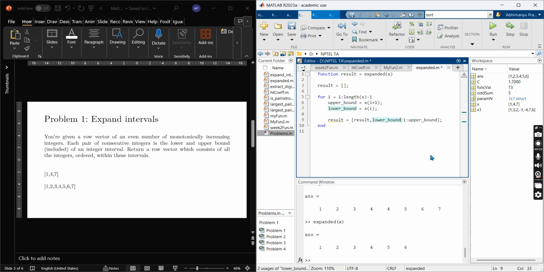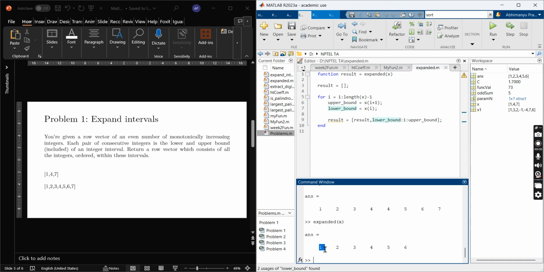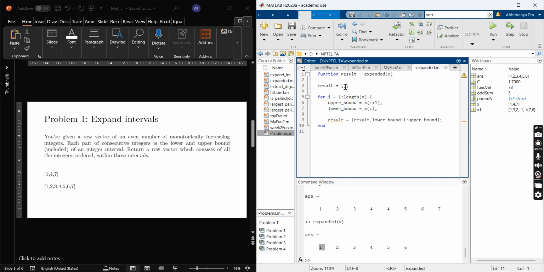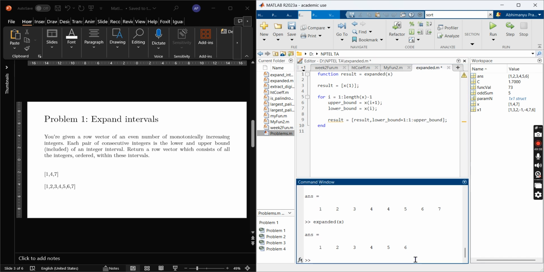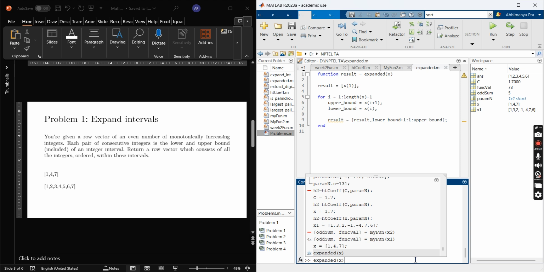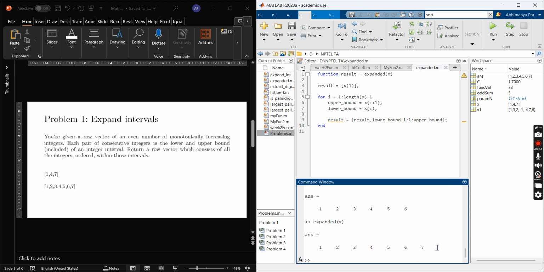But this will just create a problem with this one part, right? So if we create this result with the first integer of x, this will initiate the result with 1, and then we can go from lower bound, sorry, lower bound plus 1, in increments of 1 to upper bound, right? So now I'm getting the correct answer,